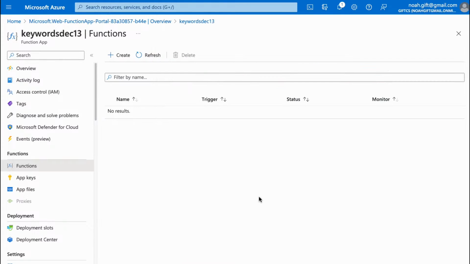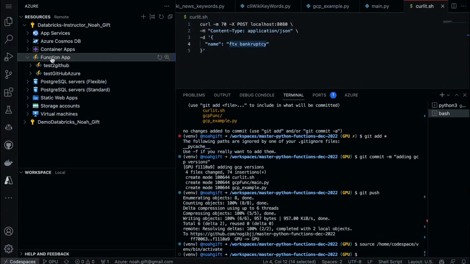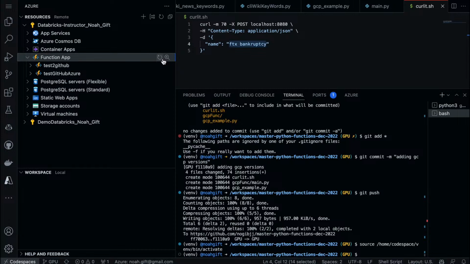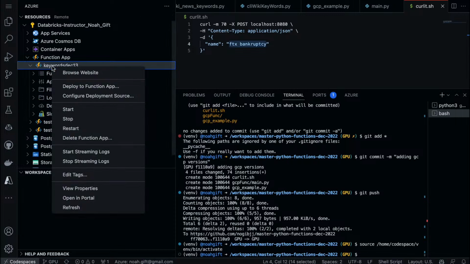Let's go ahead and close that and go back here. So I think I can right click, create function app in Azure. That's what I believe I want to do. Let's refresh here real quick. There should be another one. There we go, keywords, that's the one.